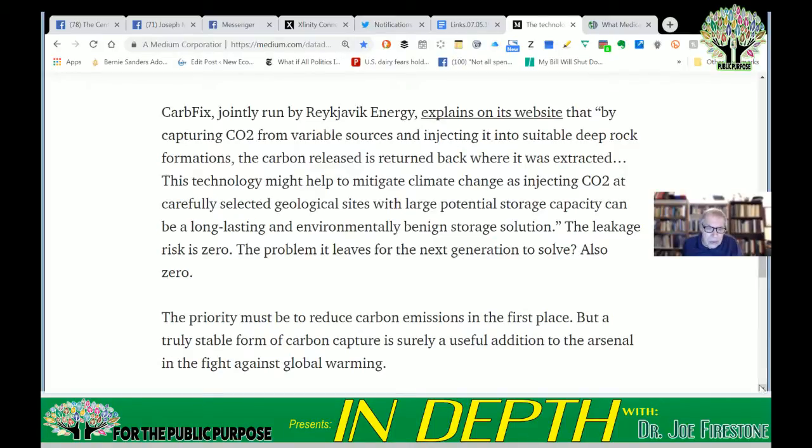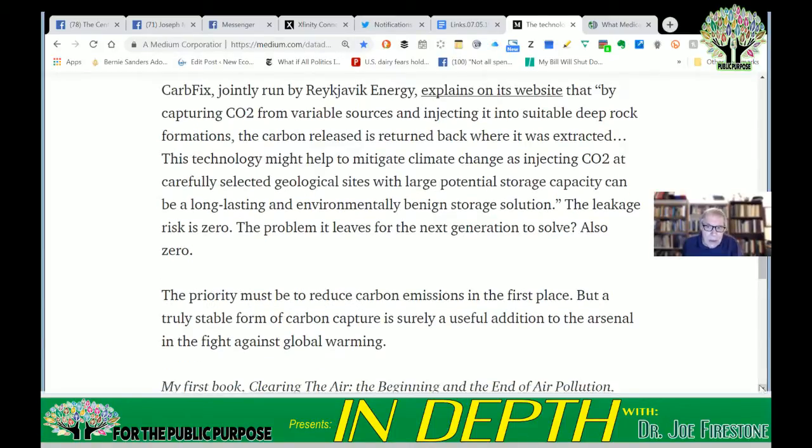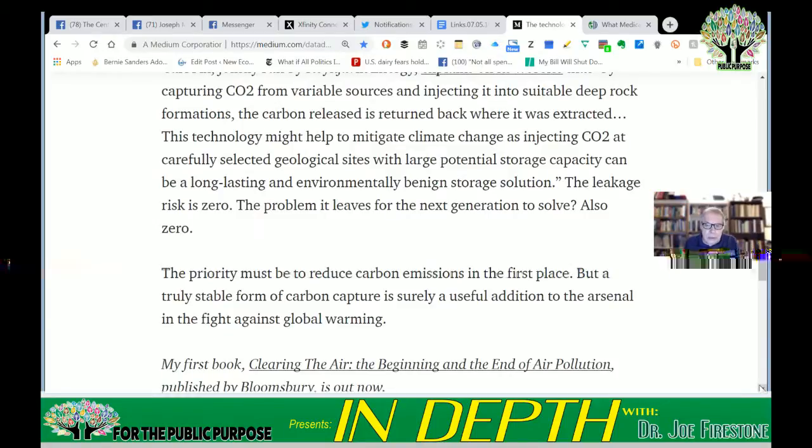CarbFix, jointly run by Reykjavik Energy, explains on its website that by capturing CO2 from variable sources and injecting it into suitable deep rock formations, the carbon released is returned back where it was extracted. This technology might help to mitigate climate change, as injecting CO2 at carefully selected geological sites with large potential storage capacity can be a long lasting and environmentally benign storage solution. Unquote. The leakage risk is zero. The problem it leaves for the next generation to solve,